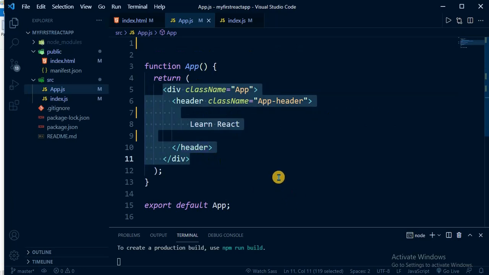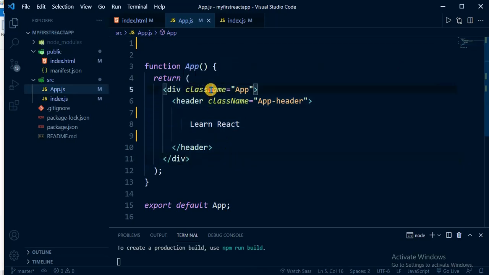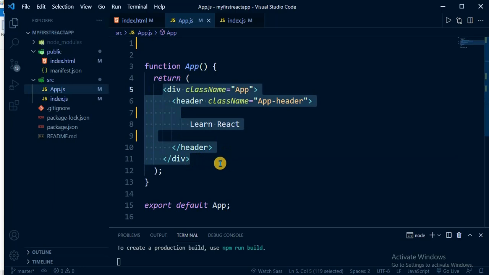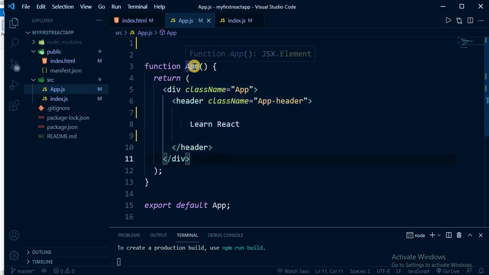which may seem to you like HTML code, right? But again you might get confused at className. What is this className? We learned in HTML that it is class, but here it is className, so it's definitely not HTML code. This is what is JSX. So JSX is JavaScript XML. So in this functional component App we are returning JSX.